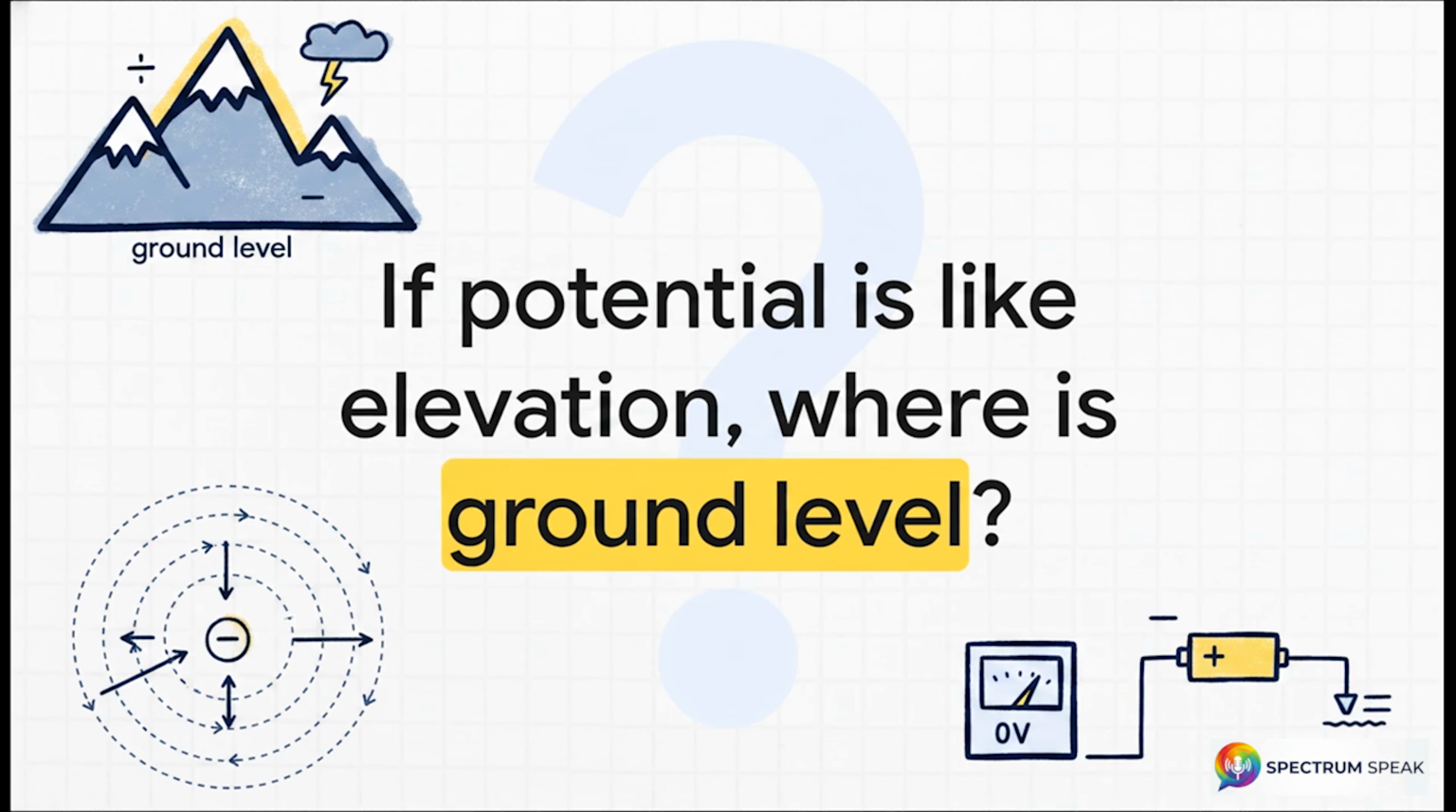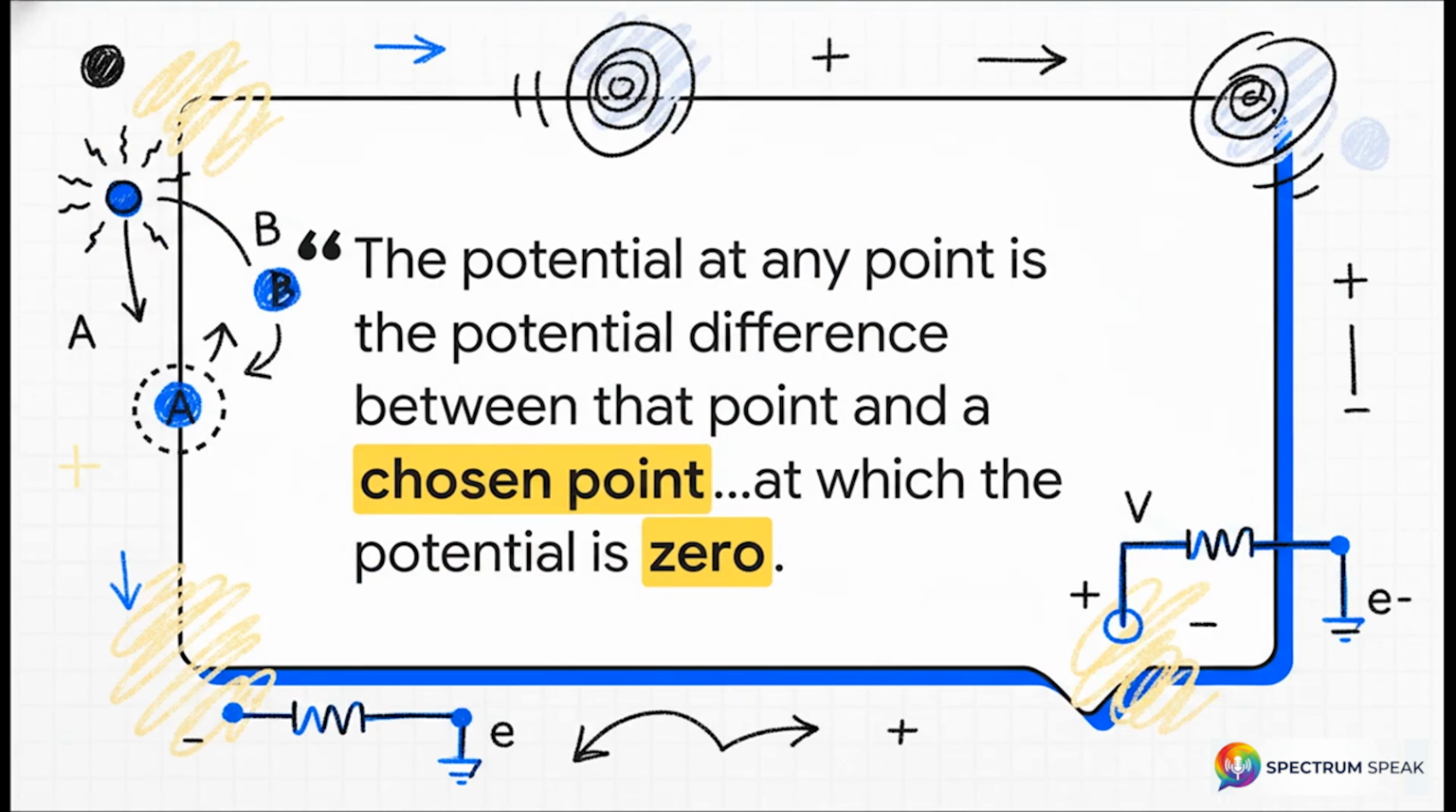And the question is simple. If potential is just like elevation, well, where's ground level? What are we measuring all this height relative to? In other words, where is 0 volts? Well, as the textbook points out, potential isn't really an absolute thing. It's always a potential difference. It's always a comparison between the point you're interested in and some other point that you just choose to call